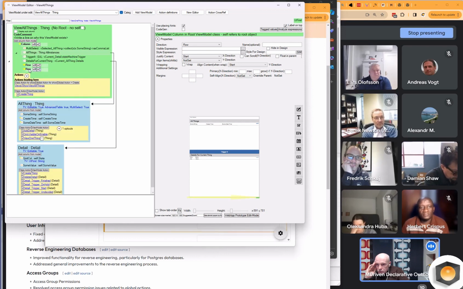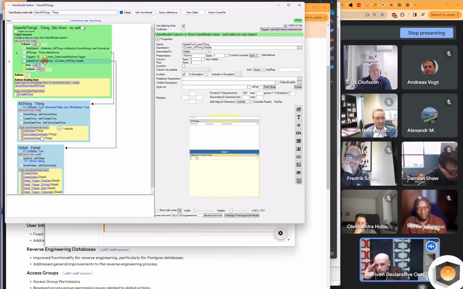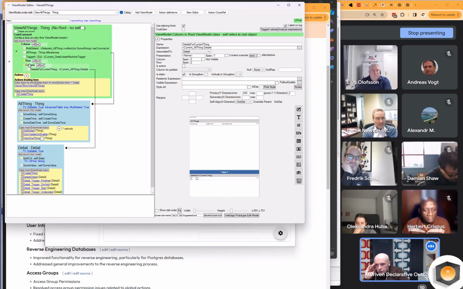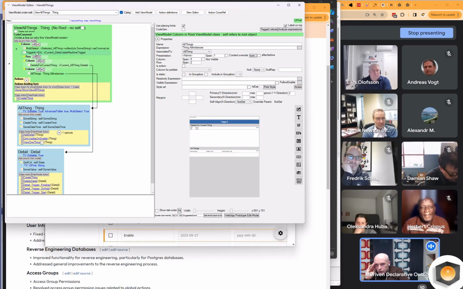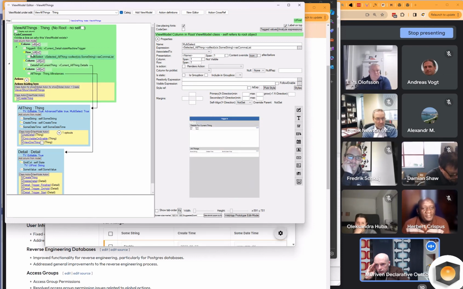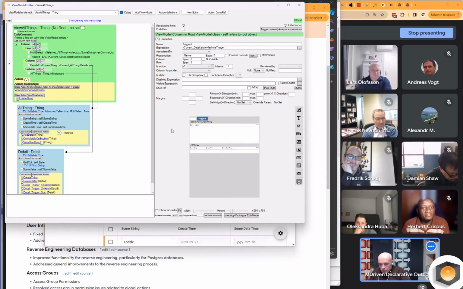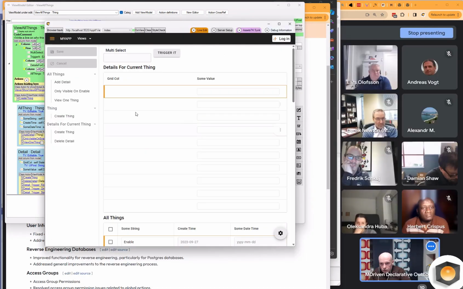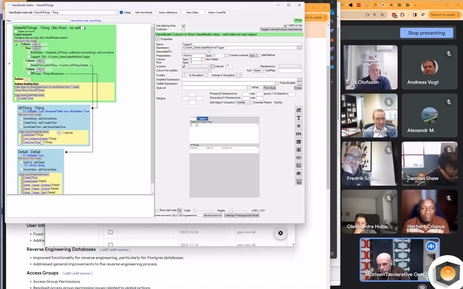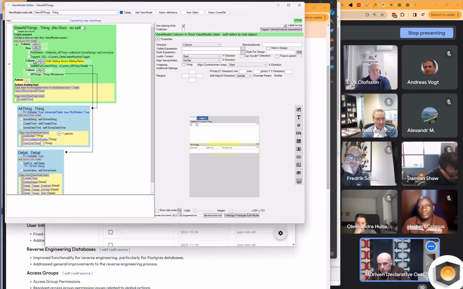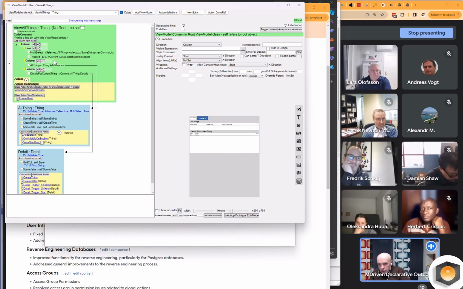I was supposed to change this to a column, and I'm gonna move that one there, and this one here, and multi-select in the row. I'm gonna move this one up as a sibling above.